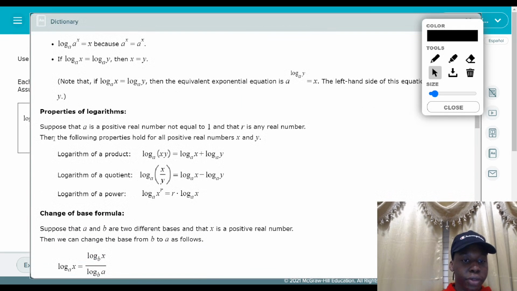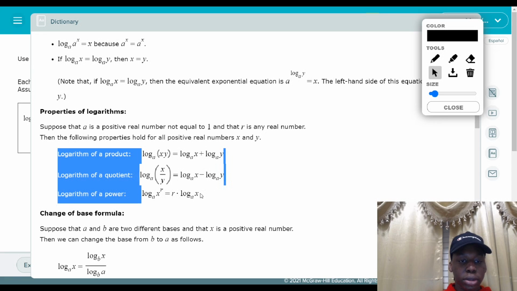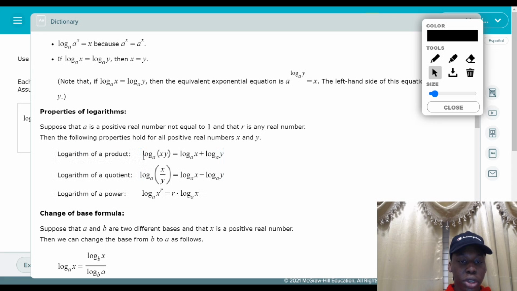So this over here, we're looking at this. This is the logarithm of a product. So whenever we have, for example, log a to x times y, this is the same thing as log a base x plus log a base y. But if we have a quotient, we're dividing, whereas in this case we're multiplying. If we're dividing, we have to subtract those logarithms from each other. But if the logarithm is a power, we have to take that power and